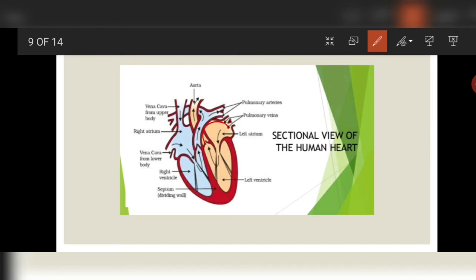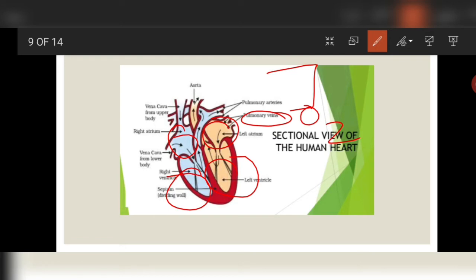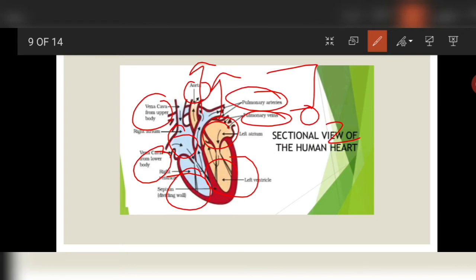It has the left atrium, the right atrium, left ventricle and the right ventricle. Then there are 4 major blood vessels involved. Pulmonary vein, which gets oxygenated blood from the lungs. Then pulmonary artery, which takes the deoxygenated blood to the lungs. Aorta, the main artery, which takes oxygenated blood to the entire body. And vena cava, inferior and superior vena cava, which brings the deoxygenated blood from